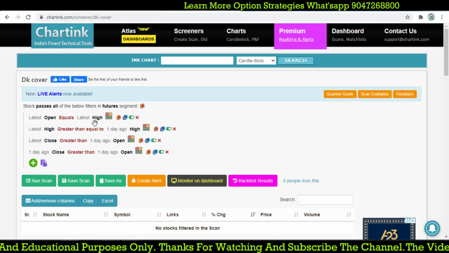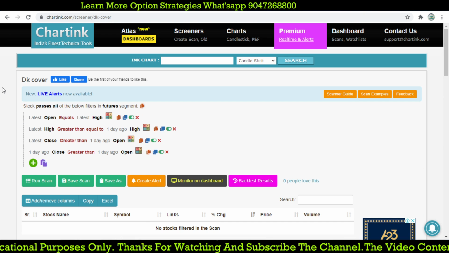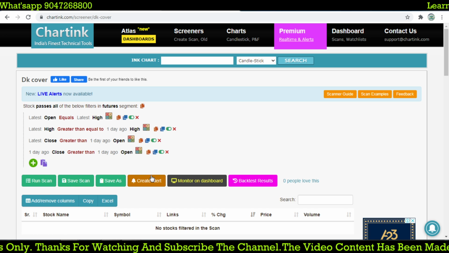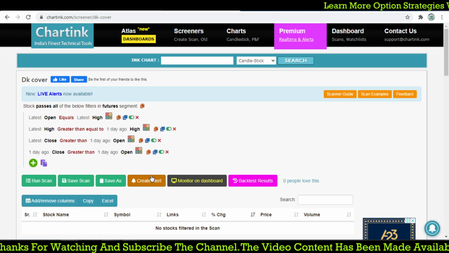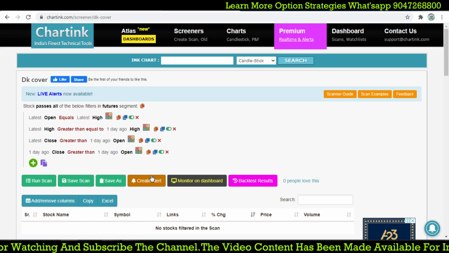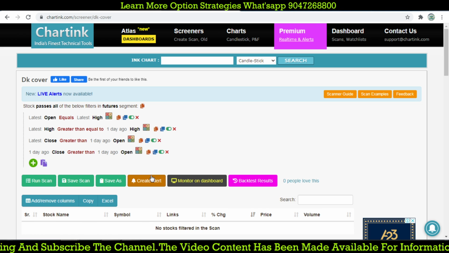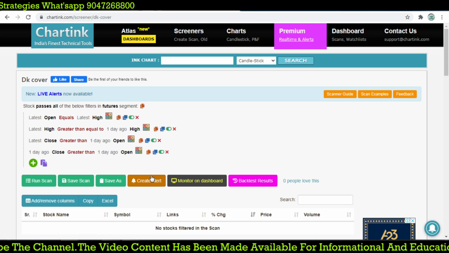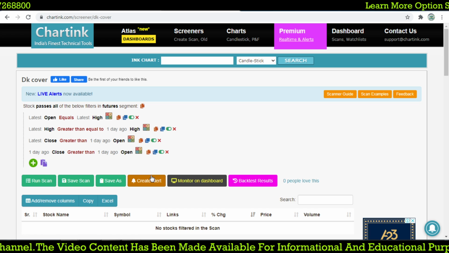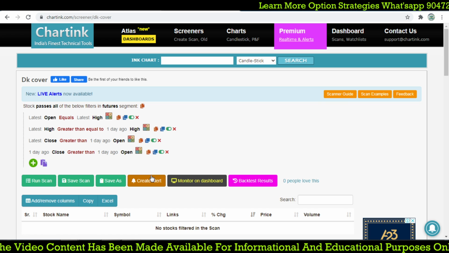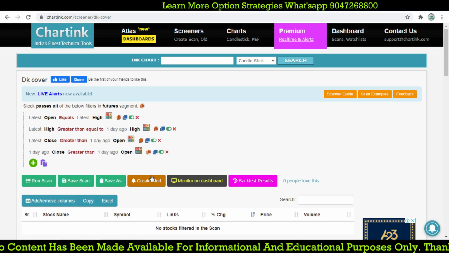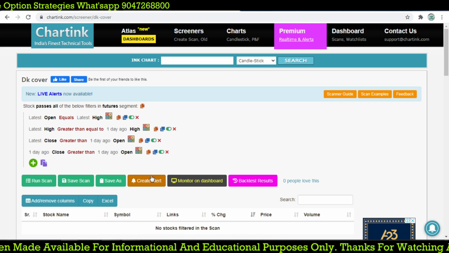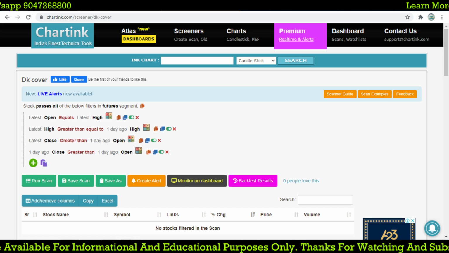Right. So here is simple code, so you can create it and filter out how it is working based on the candlestick pattern. Mostly the market obeys the candlestick pattern. If you believe that, then the system will give you such a great kind of intraday as well as positional profit. So if you believe that candlestick patterns work, they always work. So you should believe that and you should follow that.